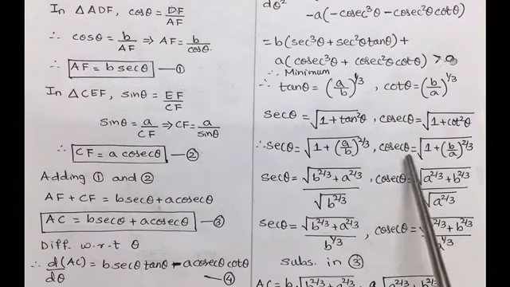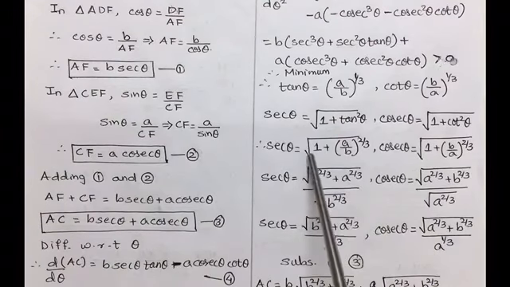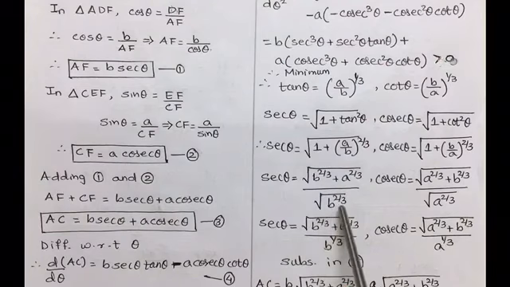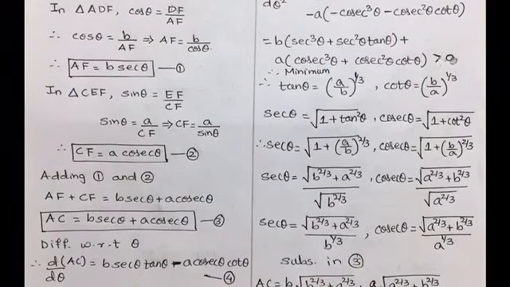Same way it goes parallel with cosec theta by keeping cot theta value. Taking the LCM, we will get under root of B raised to 2 by 3 plus A raised to 2 by 3 divided by root of B 2 by 3. Now taking the root of B raised to 2 by 3 will give us B raised to 1 by 3. Same it is being done in the cosec theta. Once we have got the value of sec theta and cosec theta, keeping in statement number 3, in the place of sec theta and cosec theta, these values, we get